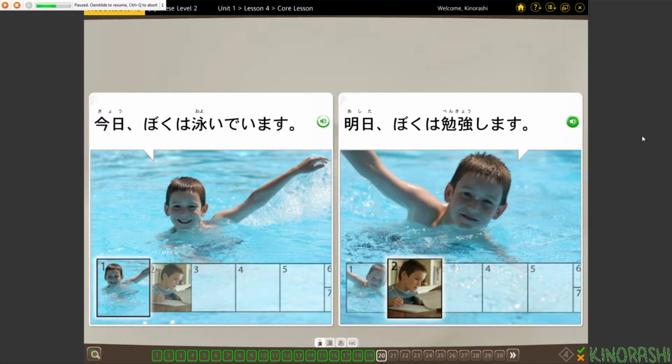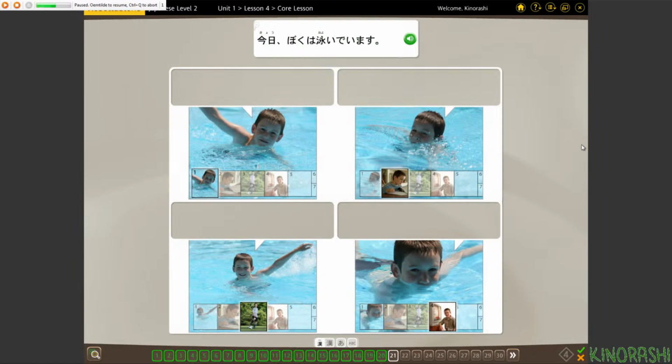明日僕は勉強します。今日僕は泳いでいます。今日泳いで. If you remember that, that's the water symbol with a bunch of splashing animation around it, so aka swimming. 明日僕は勉強します。勉強明日